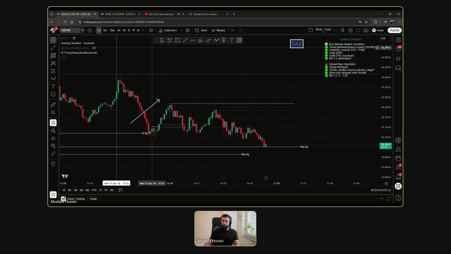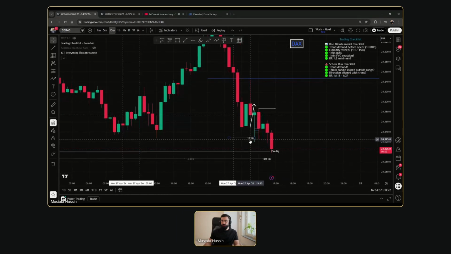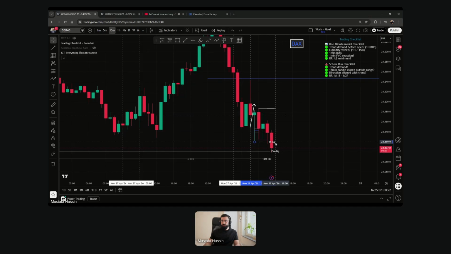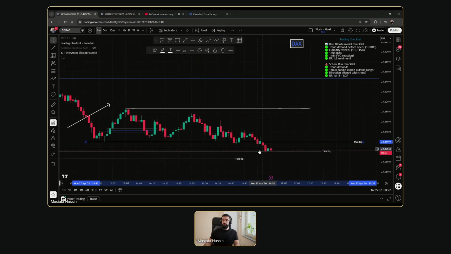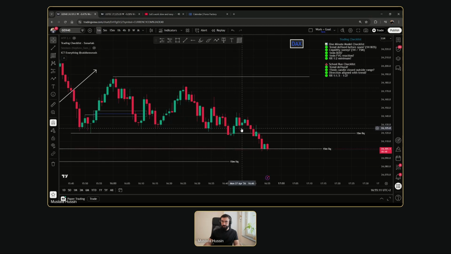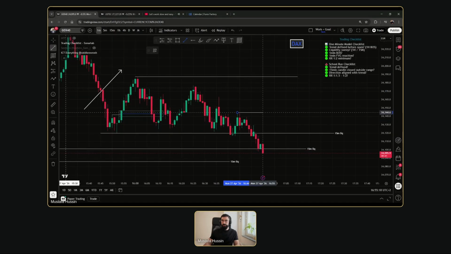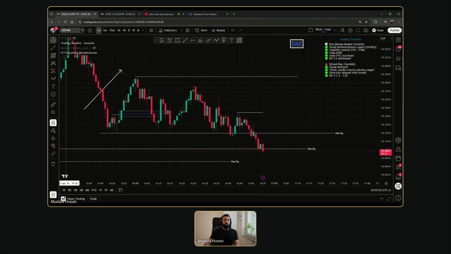So we waited for another 15-minute liquidity sweep that happened right there. There's a 15-minute low, and there is a 15-minute liquidity sweep right there. It swept liquidity right here, right? It gave us a fair value gap reaction right here, which is beautiful. Fair value gap, wick into it, and then continue to the upside, but it didn't give us a clear break of structure. That is why we have confluences to give us a direction to where the market is going,